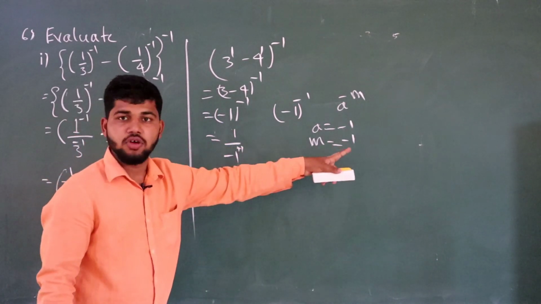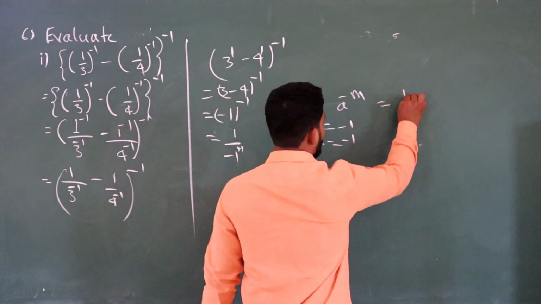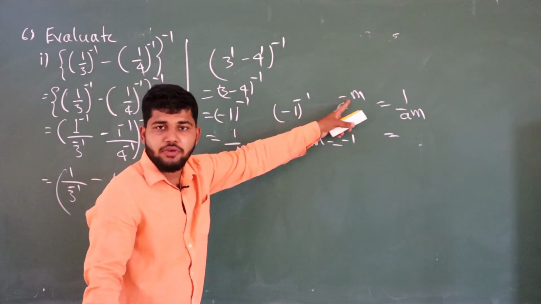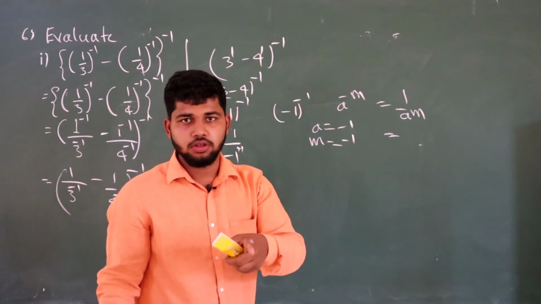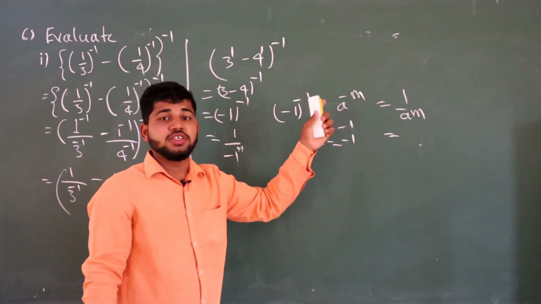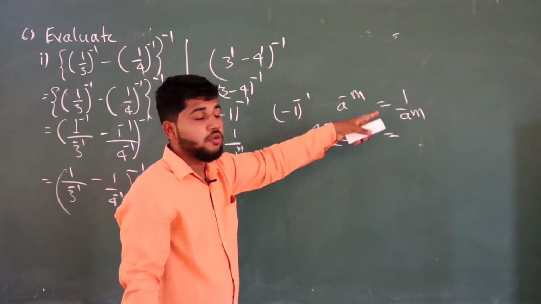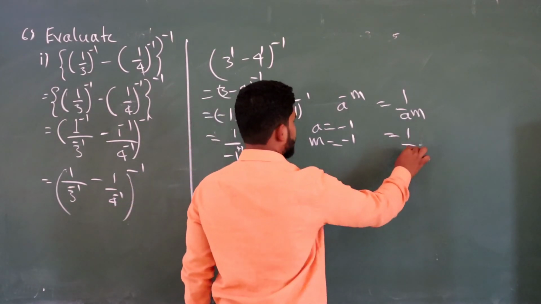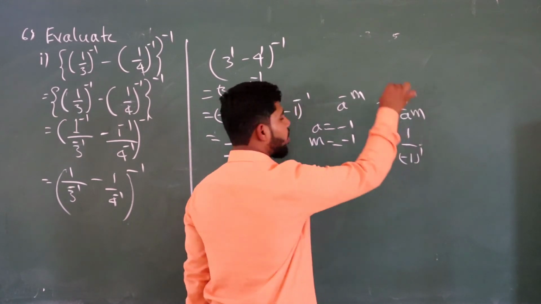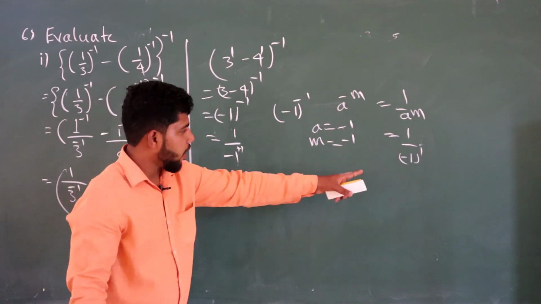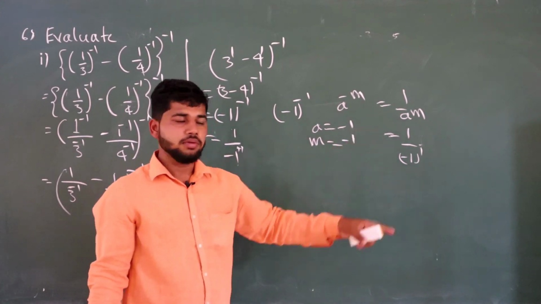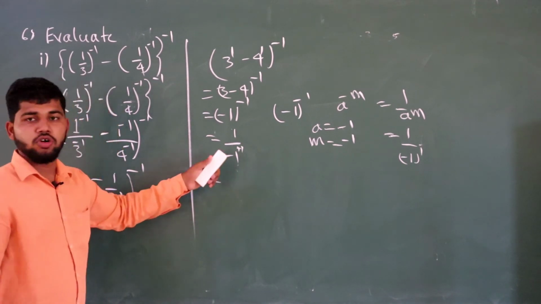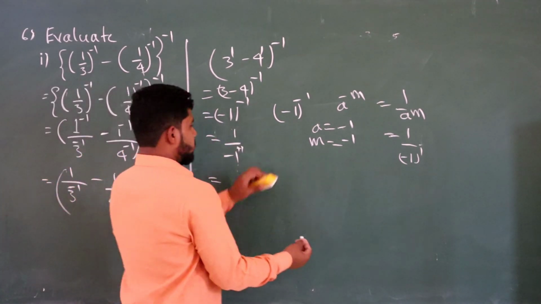Now we can write, what is the formula? 1/a^m. If you have the minus sign in the power of the numerator, when it comes to the denominator place, it becomes plus. When the numerator place has a^-m, in the denominator place it becomes plus. Now we can write it as 1 by (-1) whole to the power of 1. Now again it is